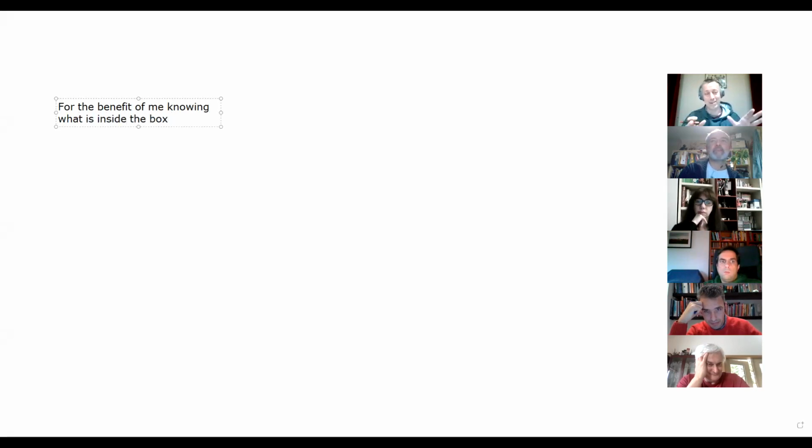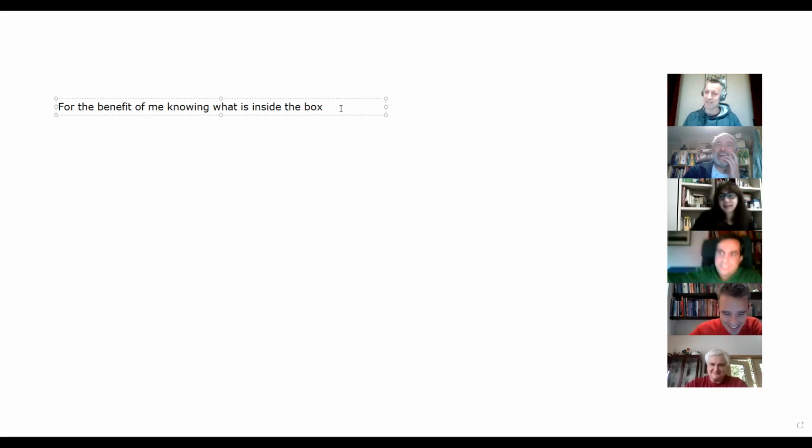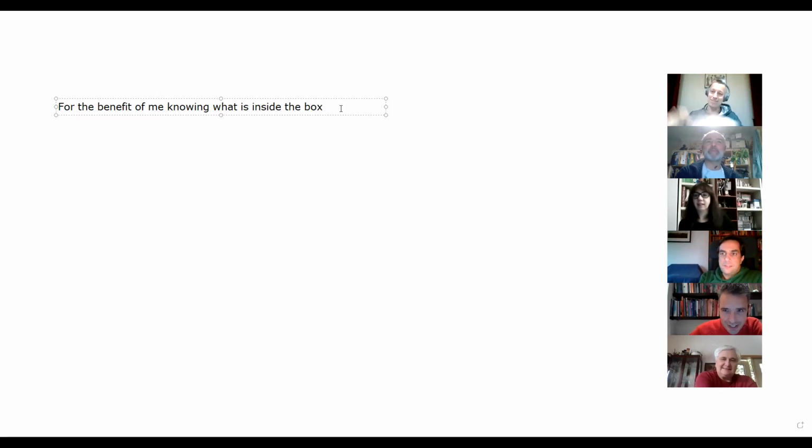Then so tame, and then something, and then when I use a stative verb, so becoming visible. So the contents of the box must become visible. Is it then still a verb for the particle or not? No, for the purpose of knowing what's in the box, the contents must be visible.